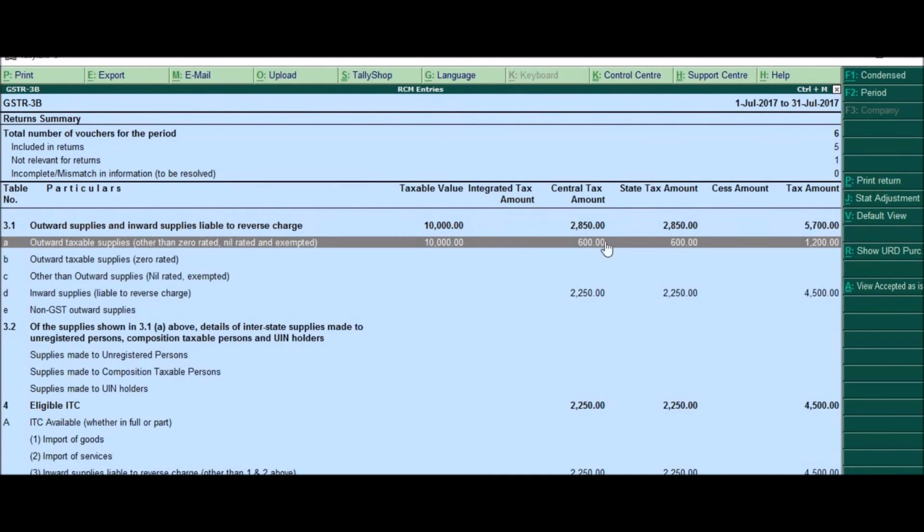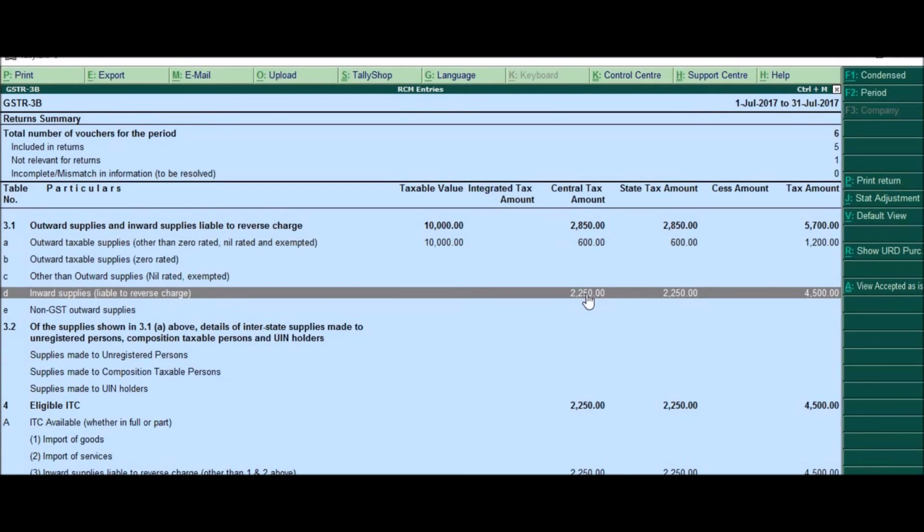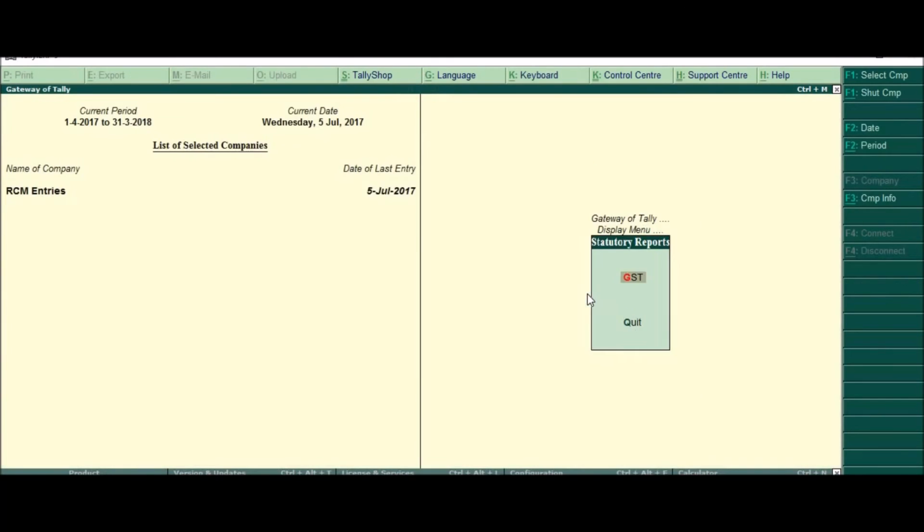Now 600 is put as tax and 2250 is for the reverse charge for inward supplies. But now once this reverse charge liability is increased, I also have to take ITC.